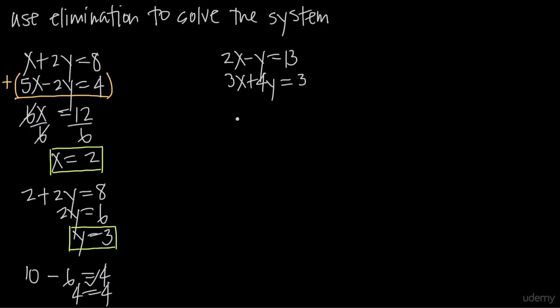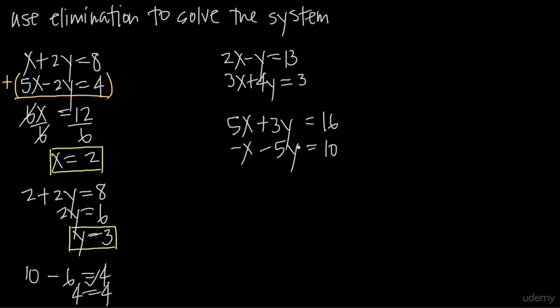So if we add, we'll get 5x, negative y plus 4y would be a positive 3y, and 13 plus 3 would be 16. So addition wouldn't eliminate anything. If we did subtraction, we'd get 2x minus 3x, or negative x, y minus 4y, or negative 5y, and 13 minus 3, or 10. So whether we do addition or subtraction, no variable is eliminated, which means we need to